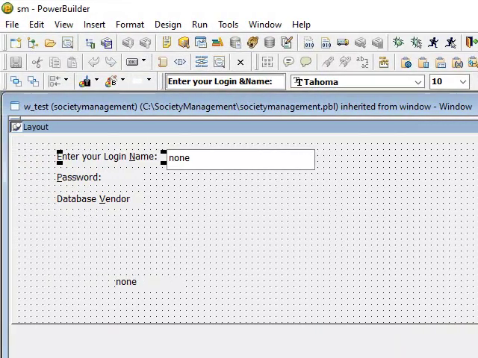Similarly, for SLE underscore 1, let's say in your window you have 10, 20 boxes like that, then what will happen?